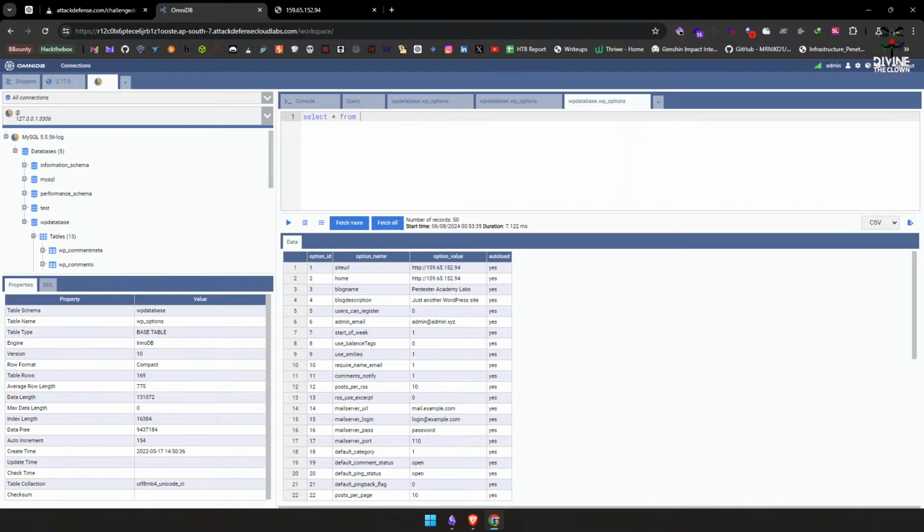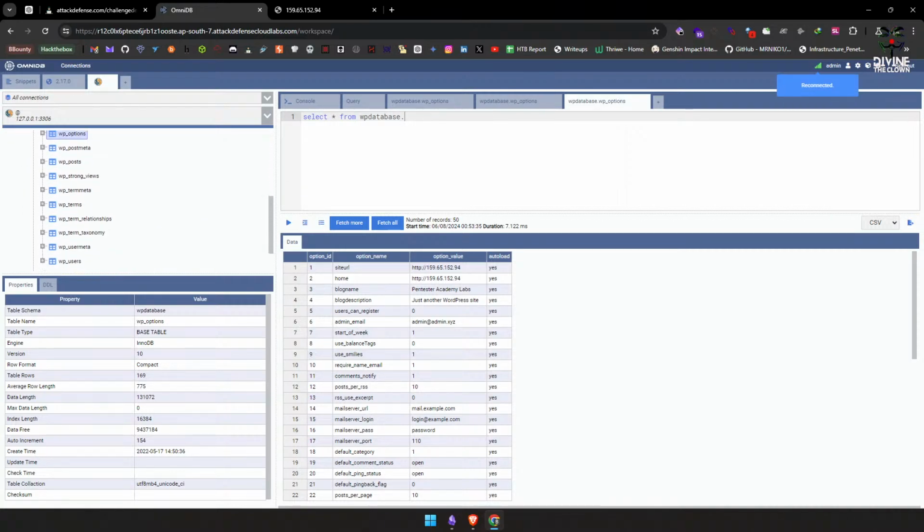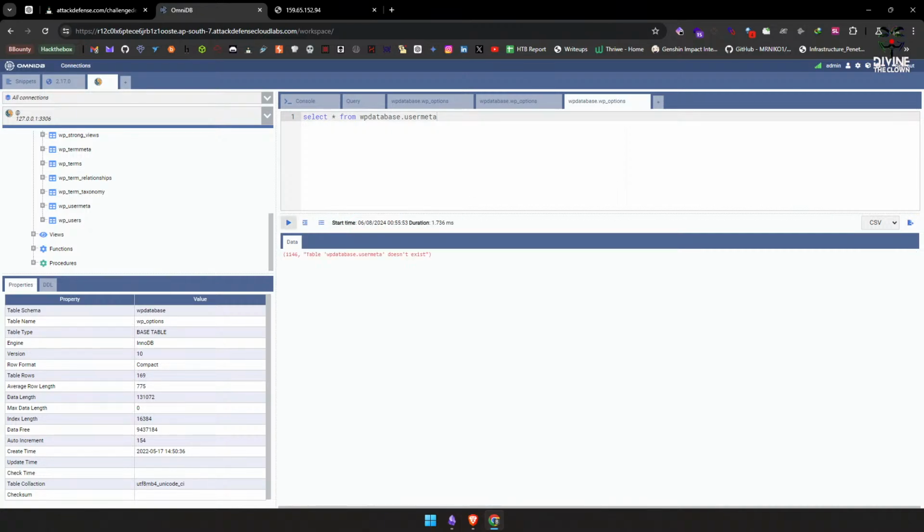So we'll put WP database, then dot, which will link to the table we'll be calling, and we'll call this table the WP users, or we can call user meta, and run this. Okay,